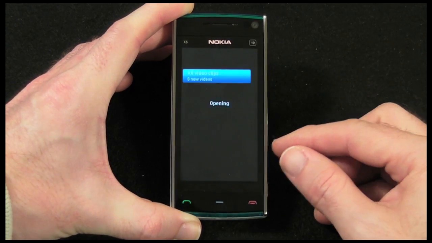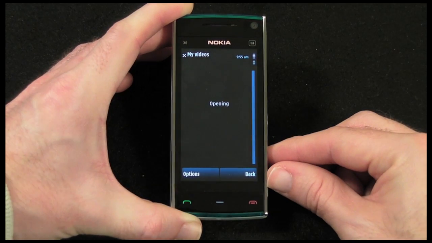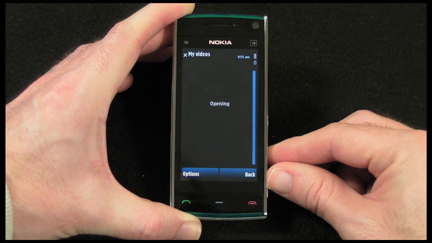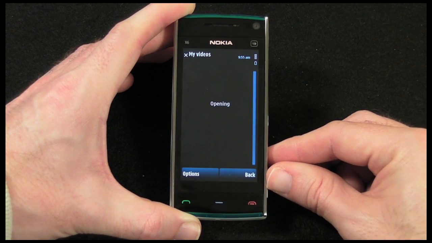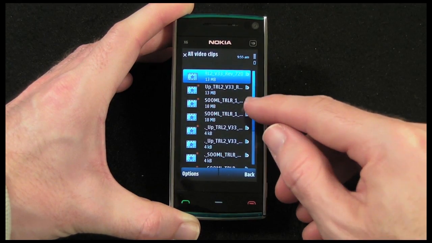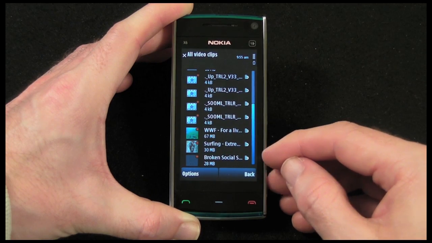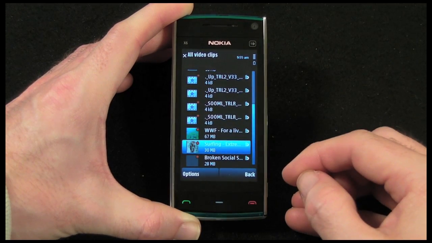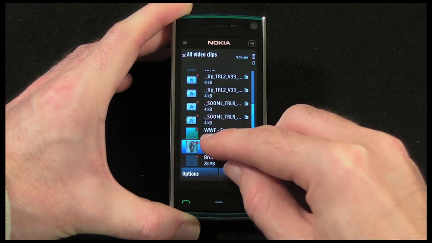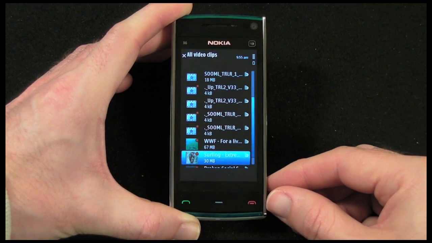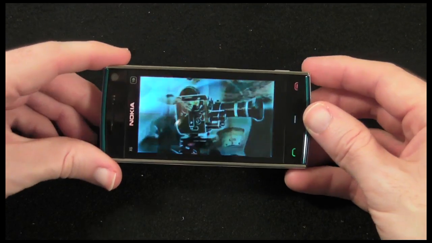So we'll tap on my videos, and then we're going to all video clips, and again a little bit of accessing time for it to read the details in those videos. Quite slow, in fact. I would have liked this to have been a little bit quicker. And here I can scroll down to some of the pre-installed content, and I'm going to tap on this one here. Now, tapping on it just highlights it. I have to tap again to actually play the video, and then it switches round automatically into landscape mode and